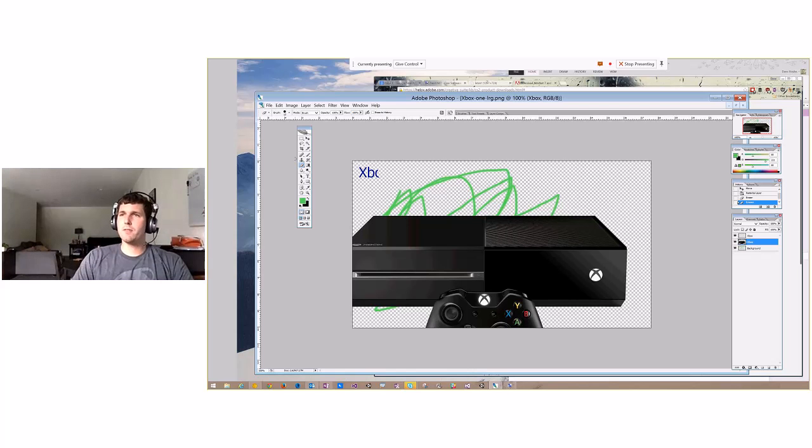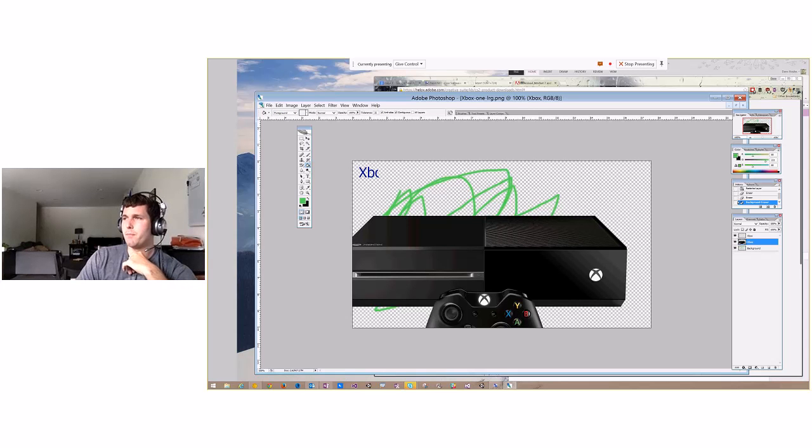Also, for a number of these controls on the left-hand side, I can hold down, left click, and it gives me options. Eraser tool, background eraser, magic eraser. I also have this. So this button right here will give me gradients, so I can paint an entire background. Or I can hold down, left click, click on paint bucket, and now I have an entire paint bucket to